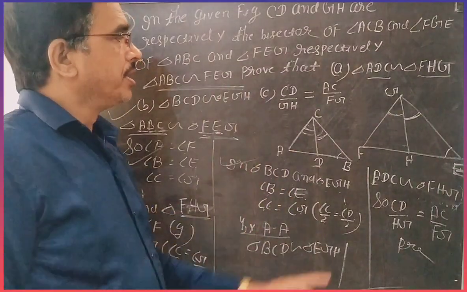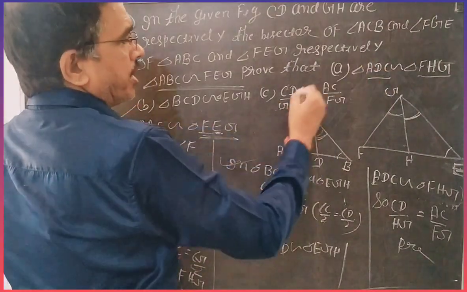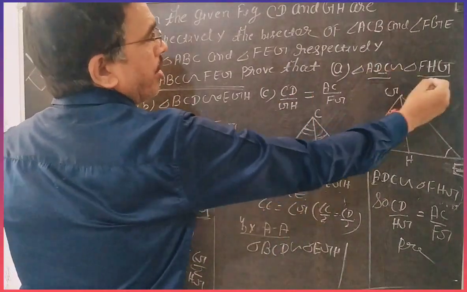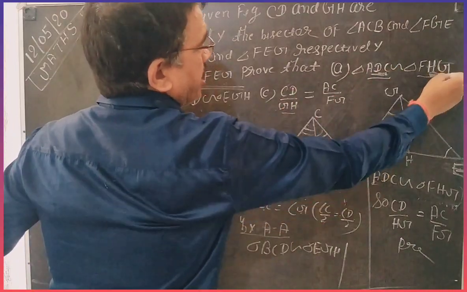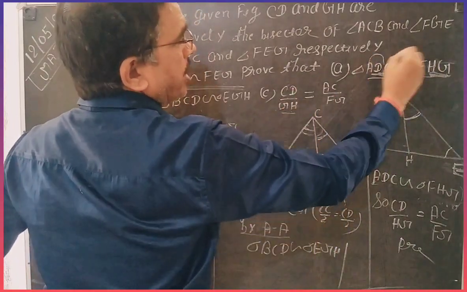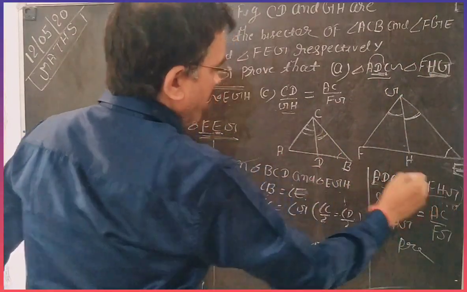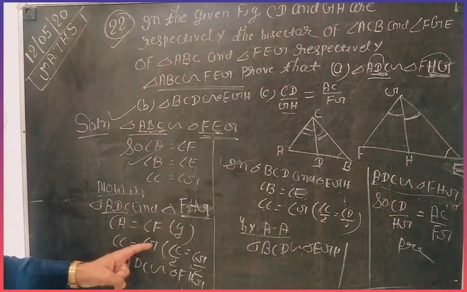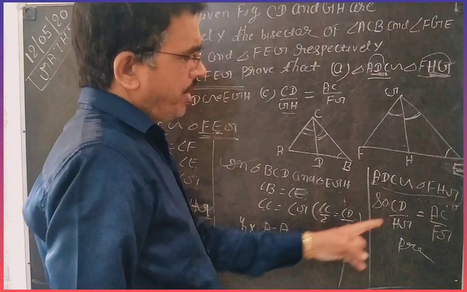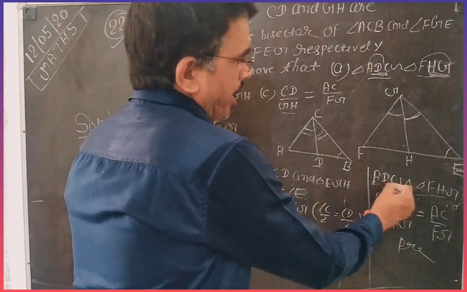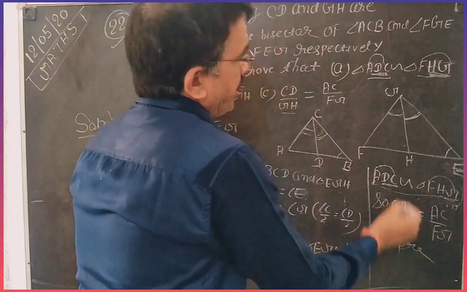The second is clear. Third, find the relation. This relation is given in your first. Find out here, student, CD by HG given here. CD, second, third. Then HD, second, third. AC, first, third. Then FG, second, third. So you write, this is similar, already given in the first theorem. You have already proved it. So you write only this is similar, proved above. Then what is the relation here? Here is CD by HG, AC by FG. It is your solution.